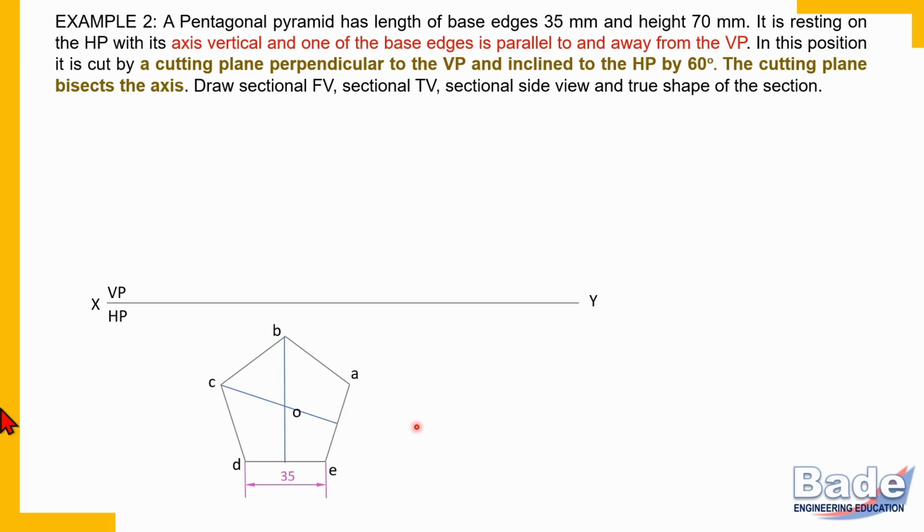So this is how we have located the center of the pentagon and therefore the apex. Now join this apex with all base corners and those will be the face edges. So OA, OB, OC, OD and OE, these are all face edges. So we have completed the true shape of the base, or you can say the top view of the object with all edges